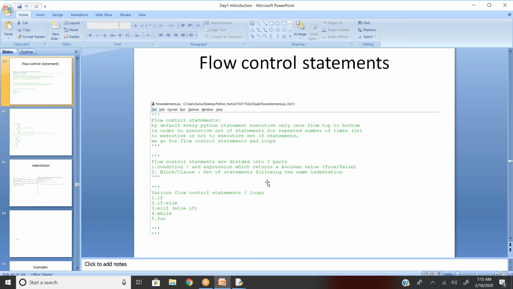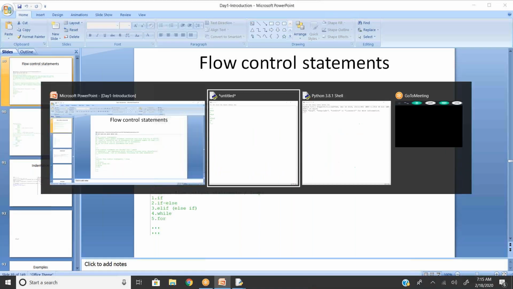In Python, there is a major concept called indentation. Though it is not physically visible, internally it is part of Python's structure. Indentation plays a vital role, especially in control statements.